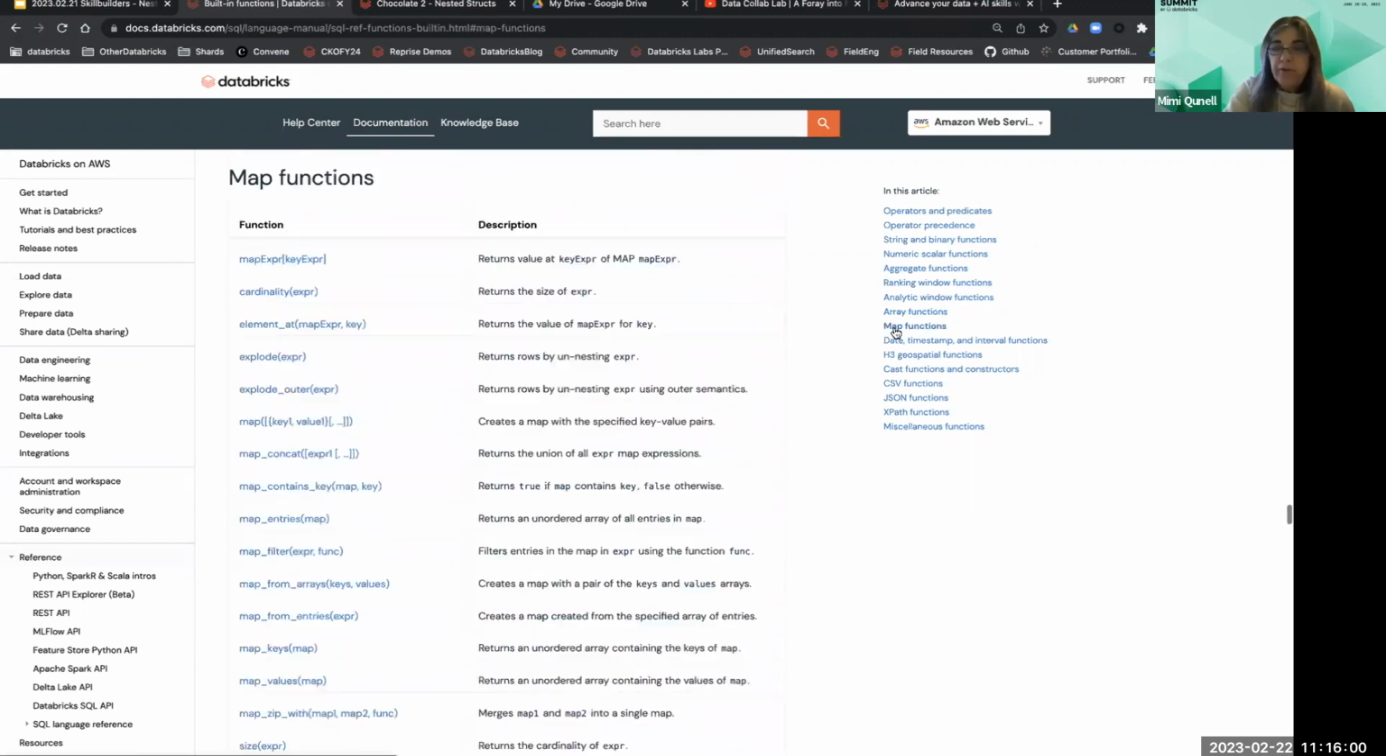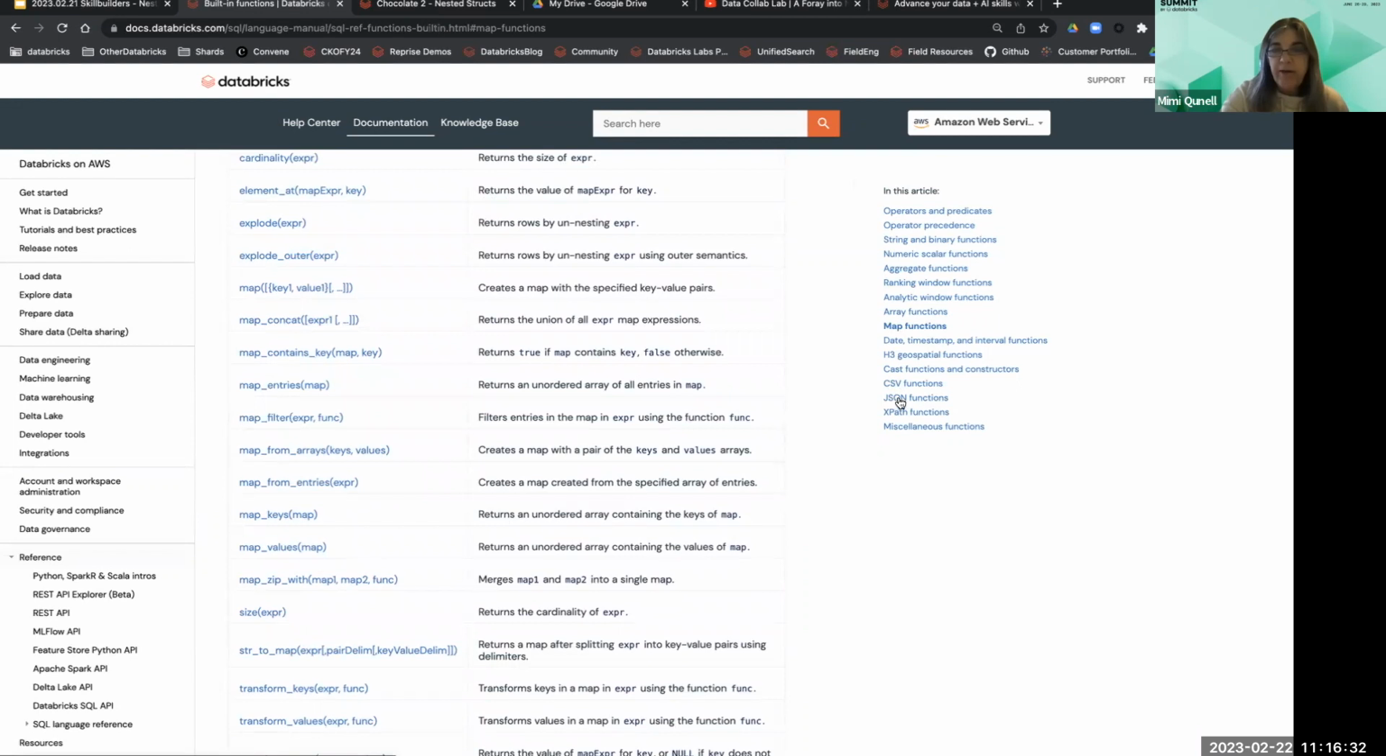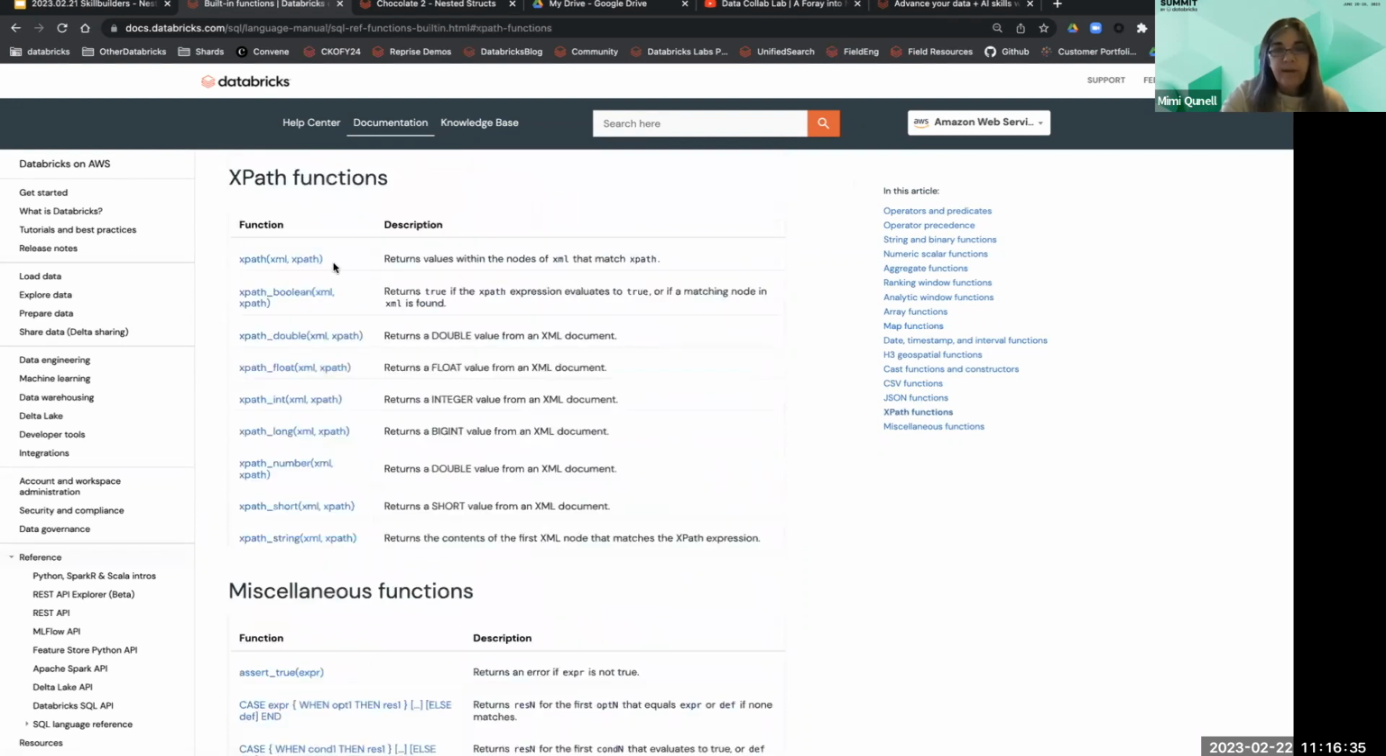There's also map functions. Maps, I think of them like lookup tables. So it almost looks like a Python dictionary where you have key value pairs, but all the keys must have the same type and all the values must have the same type. And then you're just saying, okay, give me the value that maps to this key. There's a bunch of different things you can do with map functions. And so that's here. In addition, as I said, we have XPath functions, which says, given an XML string and